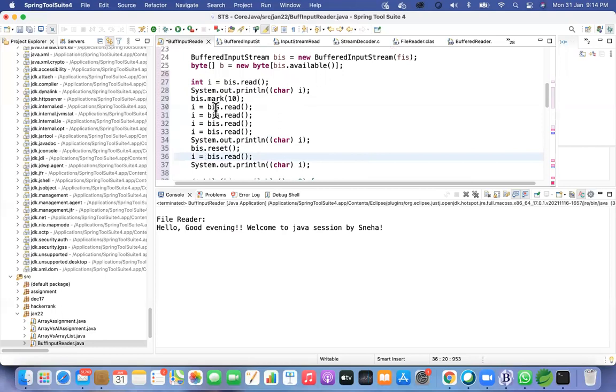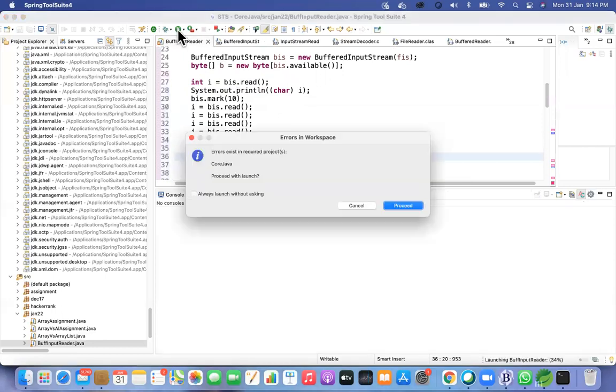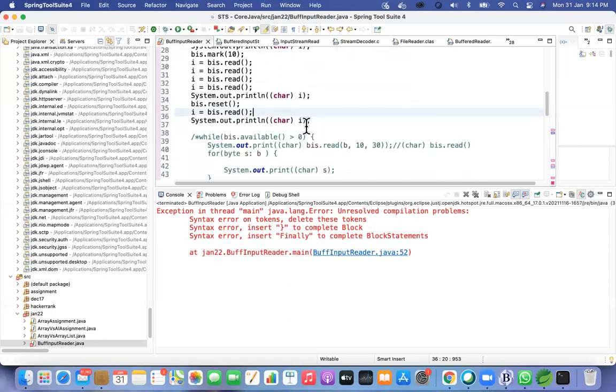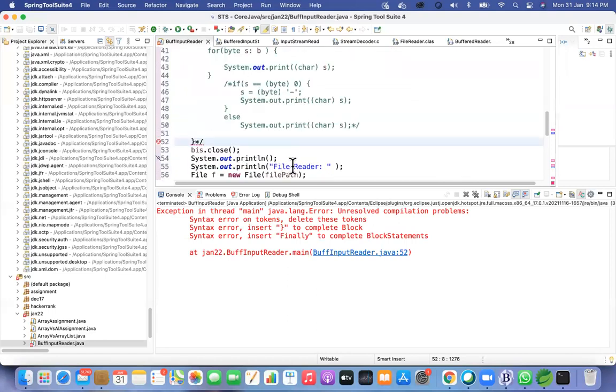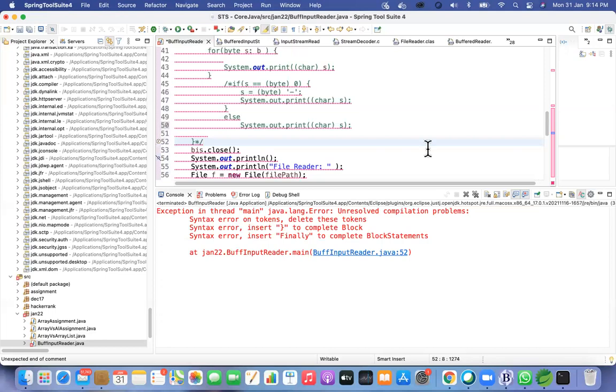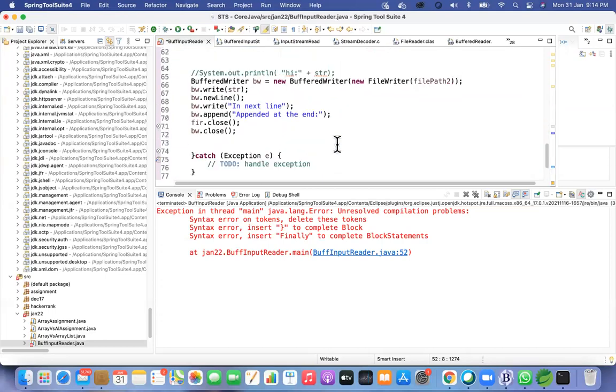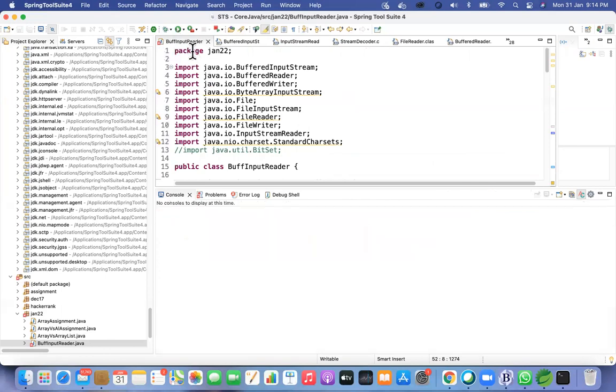Yeah, fine. Please remove the if else. Yeah, now your file is correct.